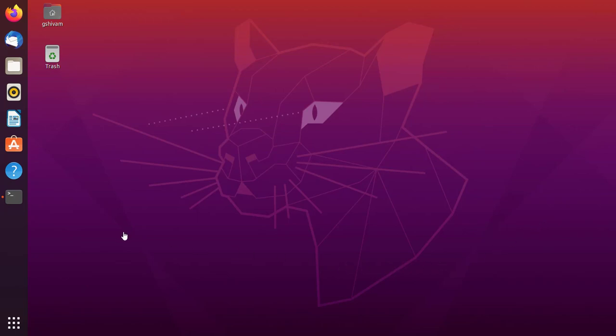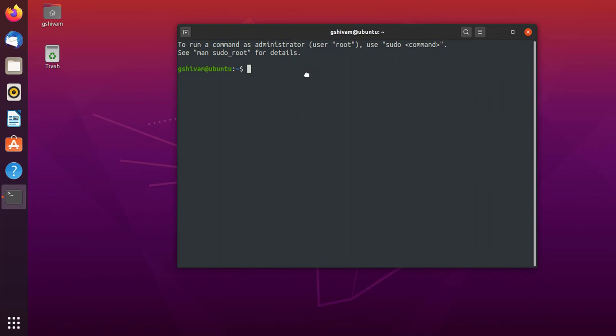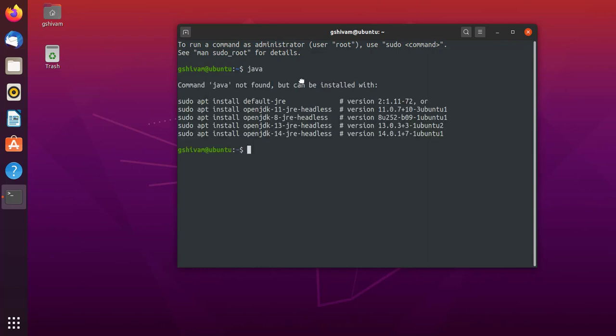For installing the JDK, you first open the terminal and then write the command. If you want to check if Java is installed on your machine or not, simply write the command java and hit enter. If it is installed, then it will show you some JDK related commands.